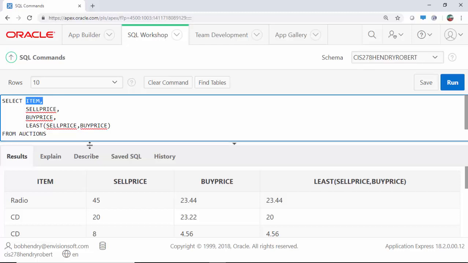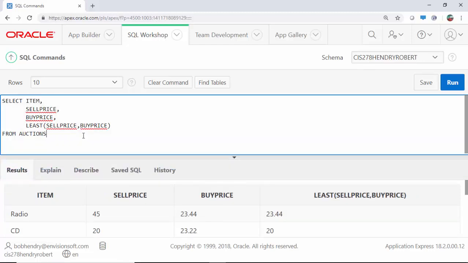Now, this is kind of a little bit advanced. Let's just say I wanted to say the item, the sell price, and the buy price. And I will say, this is kind of advanced, where I want to see this data, but I want to put an aggregate function and a where clause, and I can. Again, the ask is, show me the item that had the largest selling price. We could say from auctions, and we could say where, and we could say sell price,